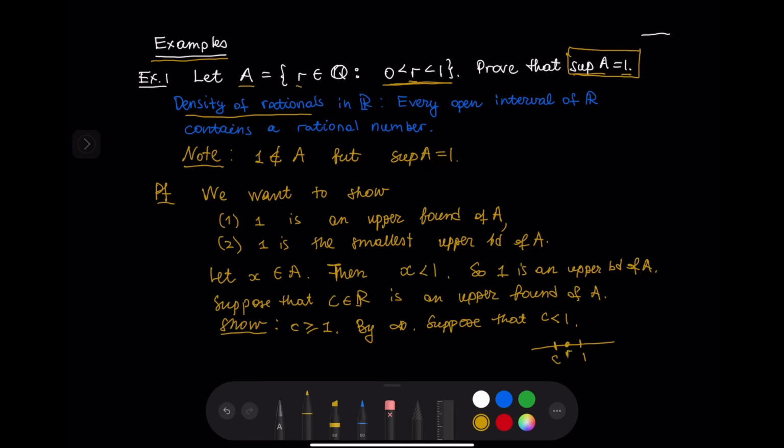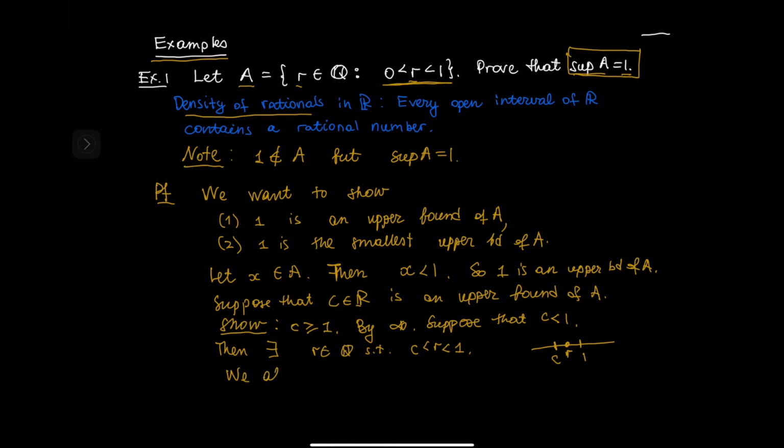So there exists a rational number R that is between C and 1, such that R is greater than C and less than 1. We also have that C is greater than 0